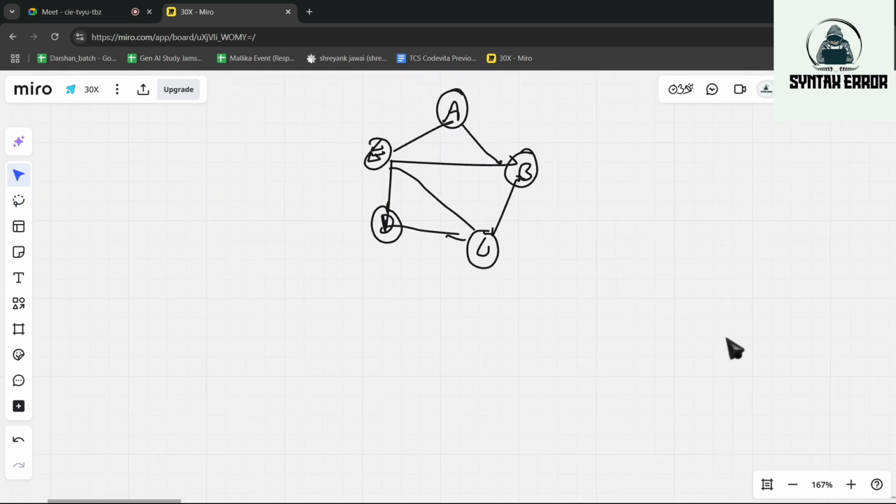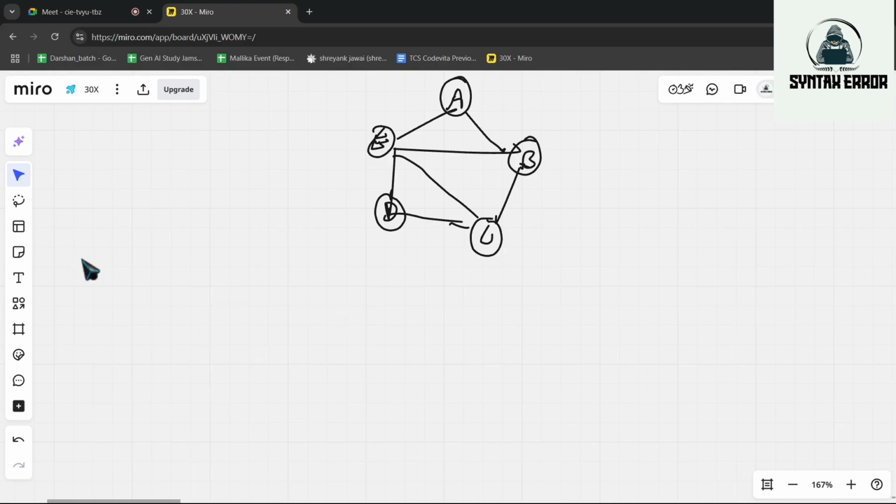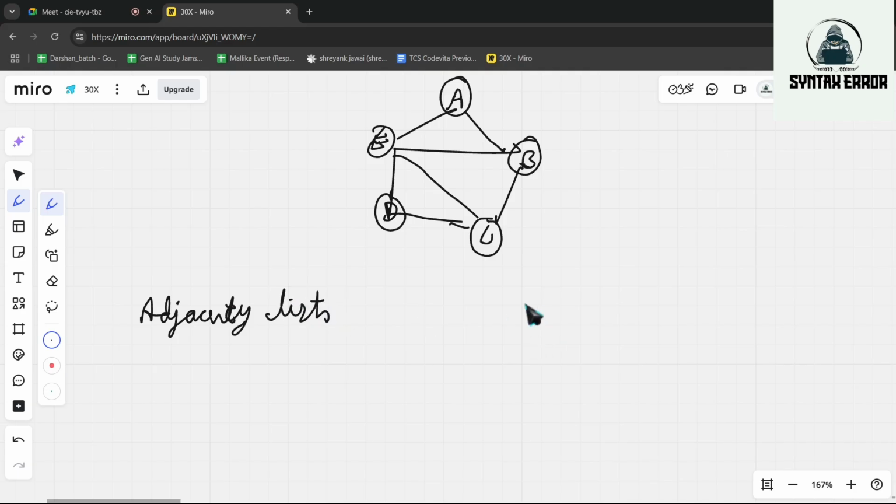So if this is our graph, we can represent it in two types. Adjacency list and also adjacency matrix.